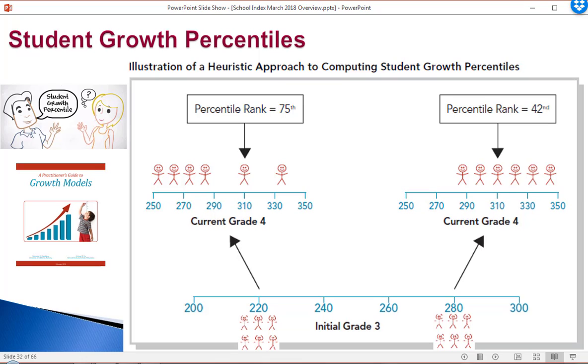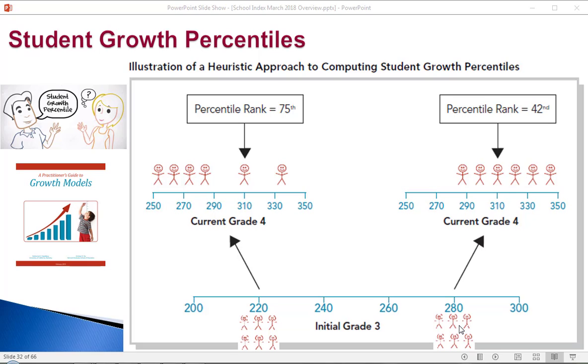So student growth percentiles are a relative ranking based on your previous test score. You need to understand this concept, that two students who both scored a 310 can have two different percentile ranks because of their previous testing score. This will help you understand, when we look at the data, how we come up with an adequate